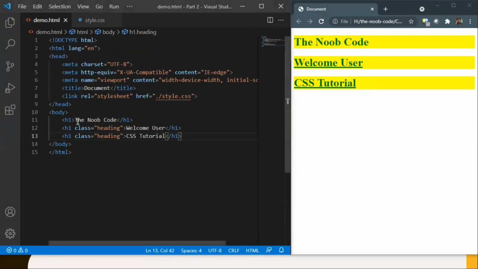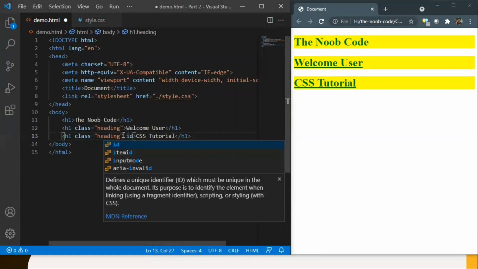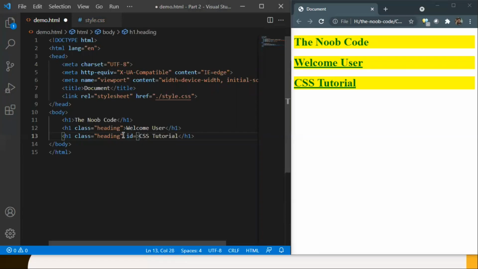Okay, cool. Now talking about the ID selector. An ID attribute in HTML is a unique identifier that is given to HTML elements. There must not be two elements with the same ID. That is the right way. So if we want to put our styles on a single element which is unique in our entire HTML page, we will make use of the ID selector.